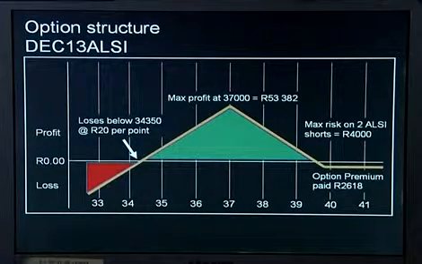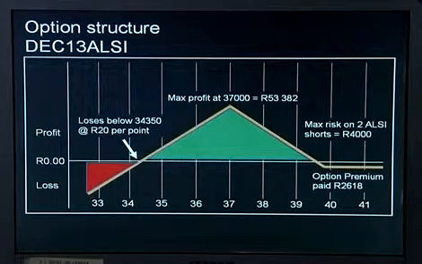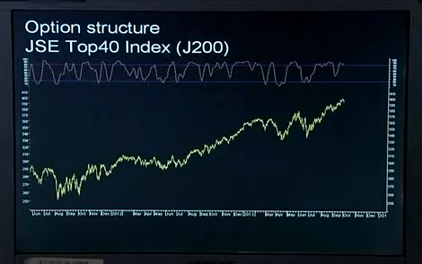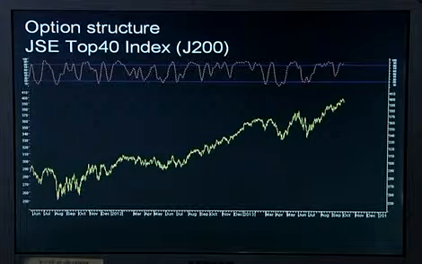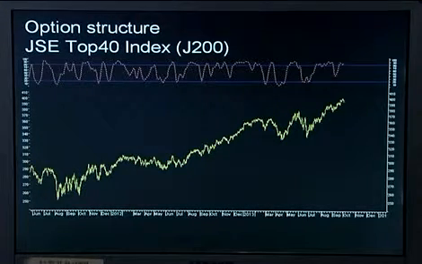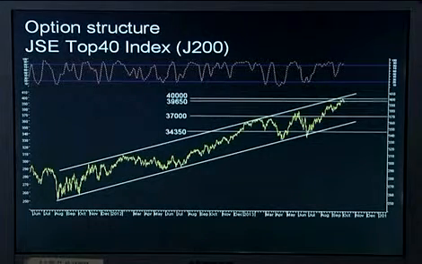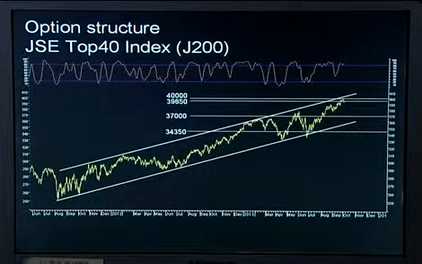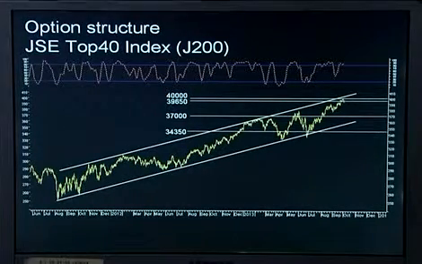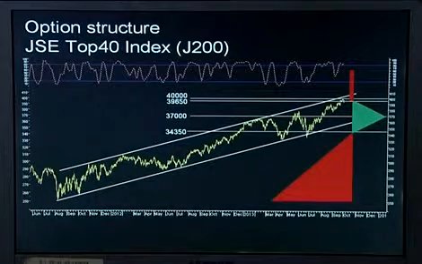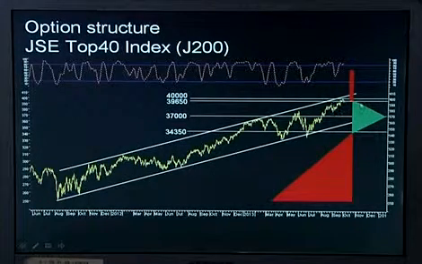So if we now transpose this whole payoff profile back onto our Top 40 chart that we looked at right at the beginning and tie this all together. There's our Top 40 chart that I explained in the beginning, what I saw there. There's the channel that I'd identified. Now, those lines that I've introduced there illustrate the salient, or the most important, strike levels for this structure. And if I now overlay that option structure onto this, you can quite clearly see here,